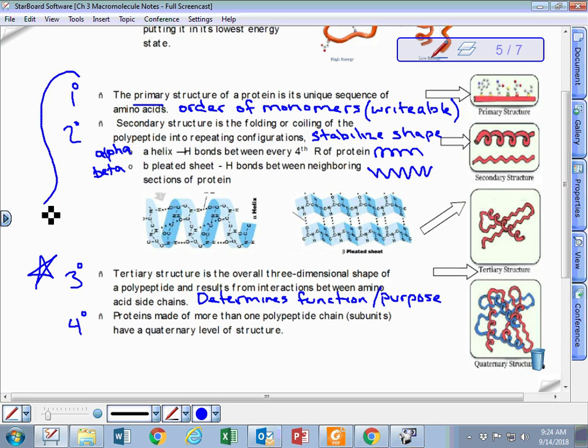Every protein has these first three levels of structure. Every protein has individual amino acids strung together in an order. Every one of them will have little sections that either twist up into corkscrews or fold into little beta sheets. And every one will fold into a big three-dimensional pretzel, but only a few